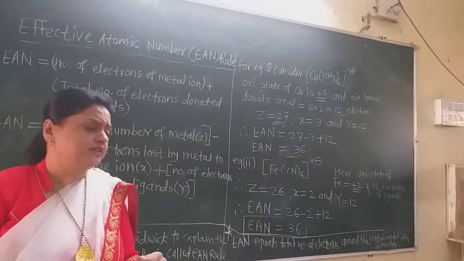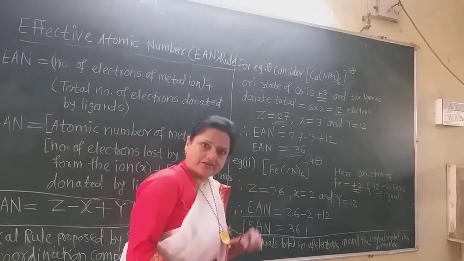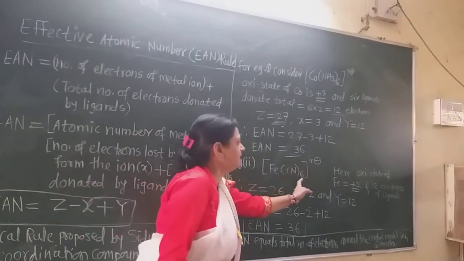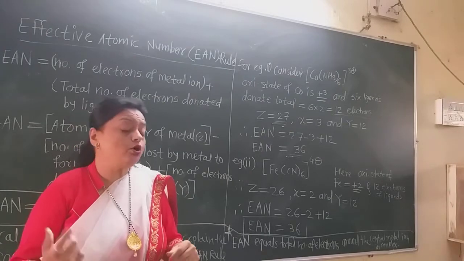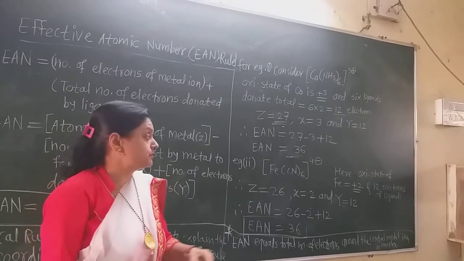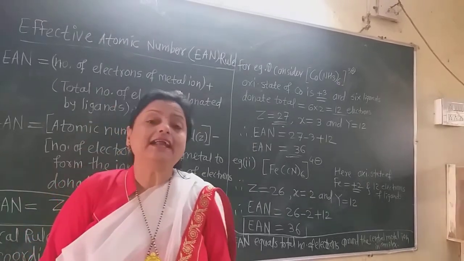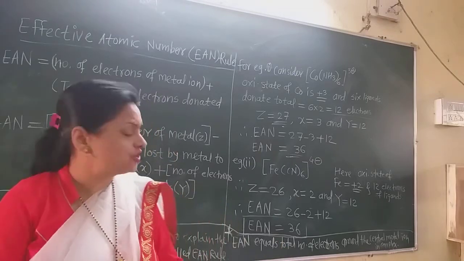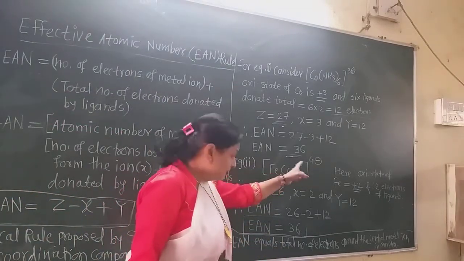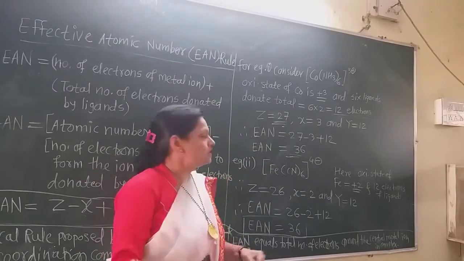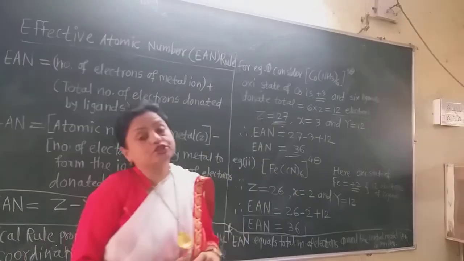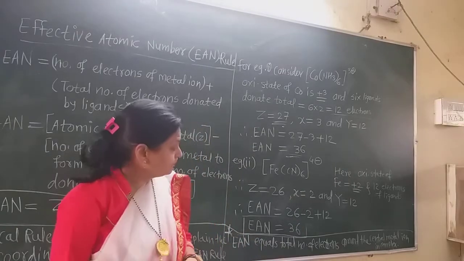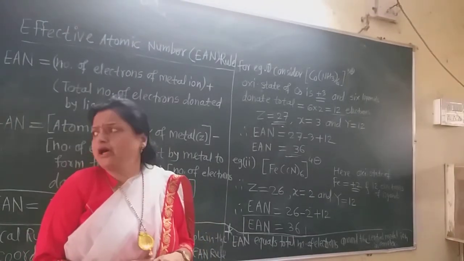Now let us consider another complex, that is the hexacyanoferrate iron. Here I draw this structure. Now the coordination sphere has the charge 4 minus. How does the 4 minus charge come on that coordination sphere? We know that the cyanide ligand has the minus 1 charge. One ligand has the minus 1 charge, so totally there is a minus 6 charge, but minus 4 is there. So definitely this ferrous has the plus 2, because minus 6 plus 2 is equal to minus 4. So the oxidation state of the ferrous is plus 2, and we know the atomic number of iron